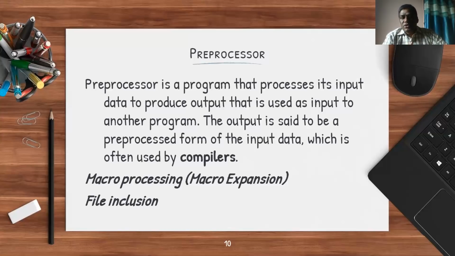So there are 2 essential things done by our preprocessor: one is inclusion of the corresponding header files as part of your program, and the other is macro expansion, substituting all the macro constants with the corresponding values. So this is the first step.